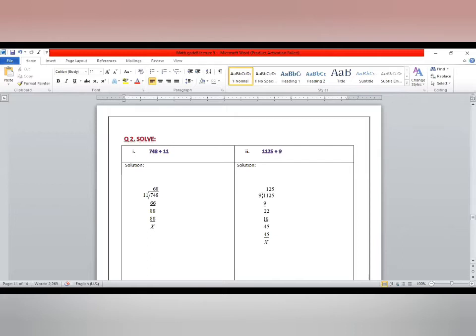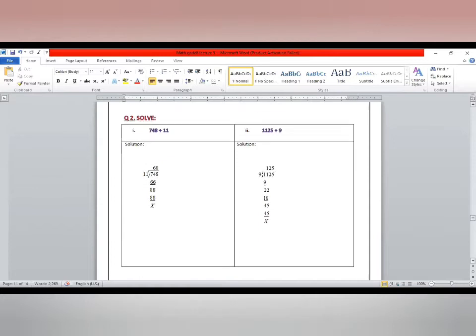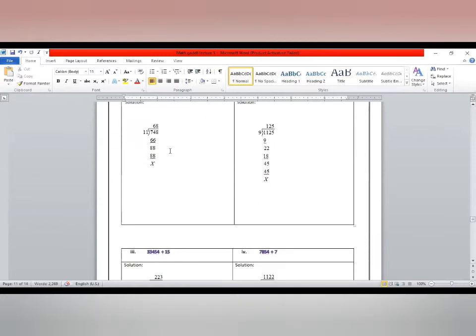Dear students, this is also simple division. Division by the 11, division by the 9. And here first of all we make the 74, because on 7 we can't read the 11 table. 11 table will be read on the 74 6 times. It will be 66. 74 subtraction of the 66, we will get the 8, and this 8 will come down. That value will become 88. Table of the 11 on 88 8 times, and then remainder we get the 0, and answer we get the